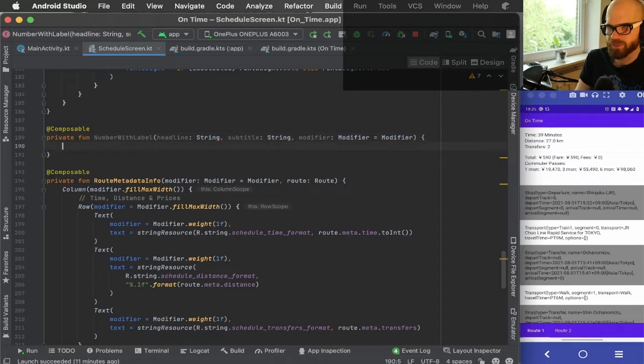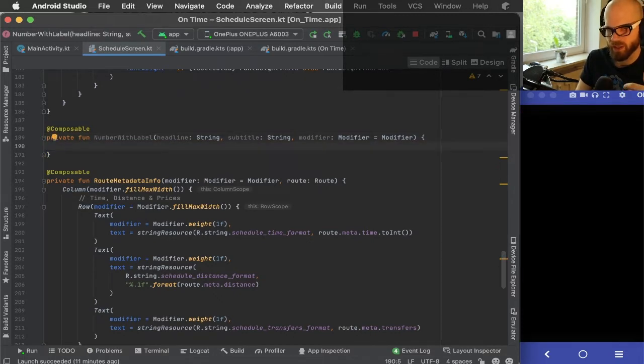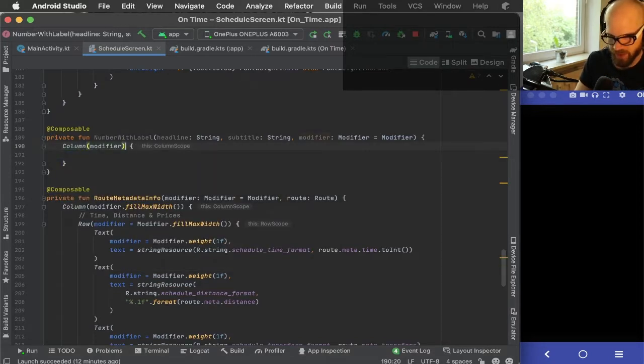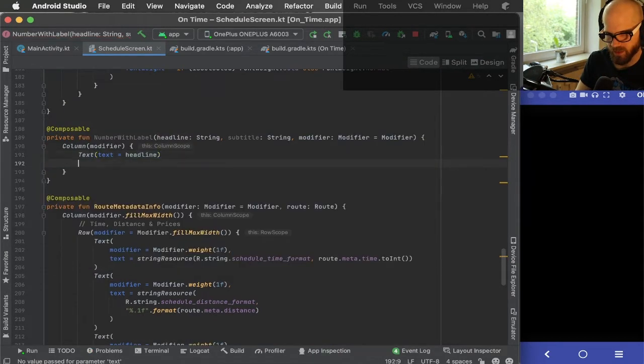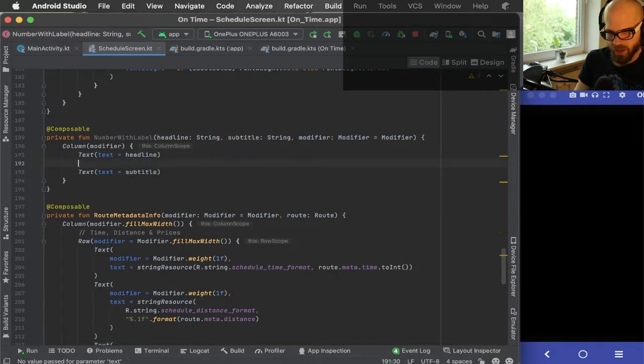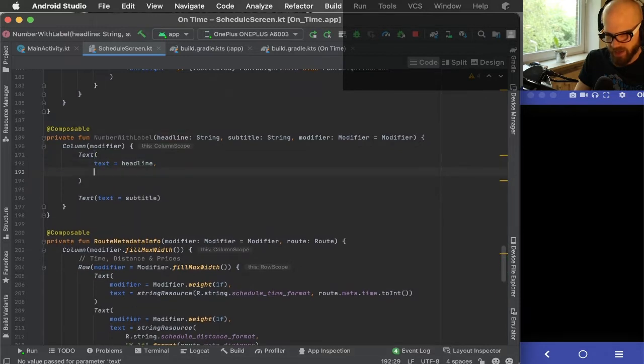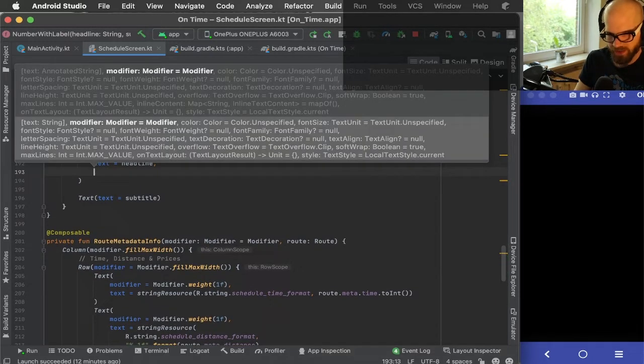Like this. And then when this is rendered, this is rendering itself as a column, which gets the modifier that I'm giving through here. And it renders just 2 things below each other. So one text, which is the headline text. And then below we have the subtitle text. And these I will style now. So the top one will get a font size of